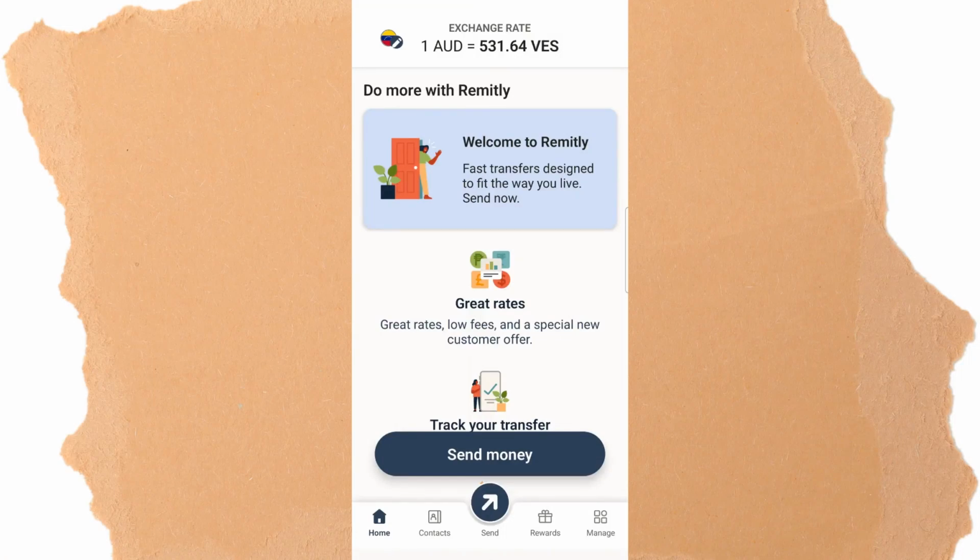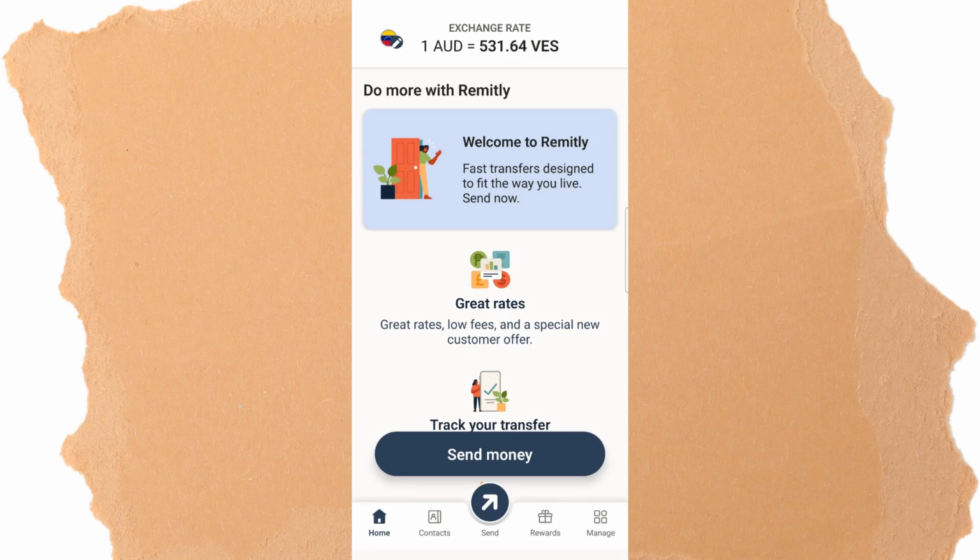In today's video, I'm going to teach you how to send money to Belize with Remitly. To get started, open your Remitly account and make sure you're fully signed in before you begin the transfer. It's always a good idea to double-check that you're using the correct account and that your app or browser is updated, since that can help avoid small delays while sending money.